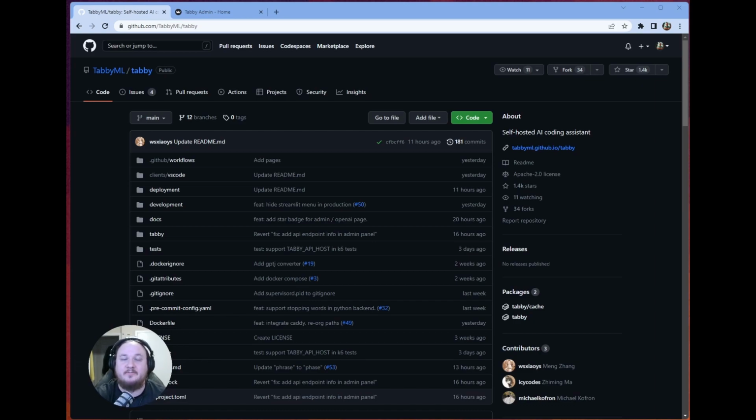So today I'm going to show you a pretty interesting tool, which is this Tabby tool. Basically, this is a self-hosted version of GitHub Copilot. Pretty interesting. It's definitely not all the way there, but it is pretty close, and it does a great job. So I'm just going to walk you through how to get it, how to load it, and then how to